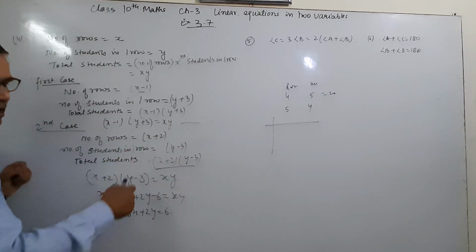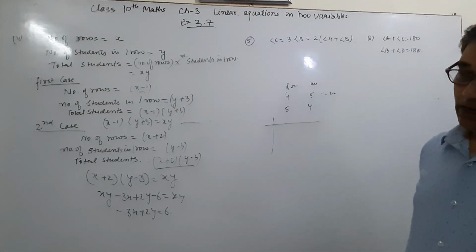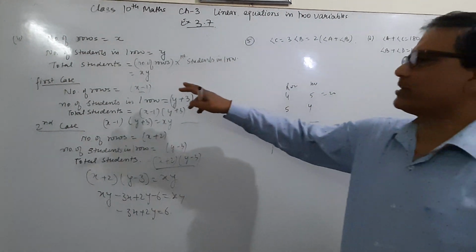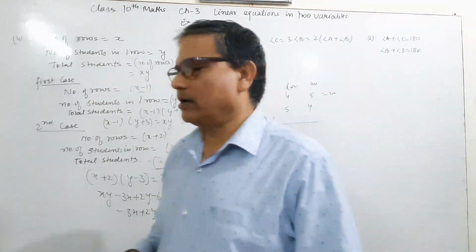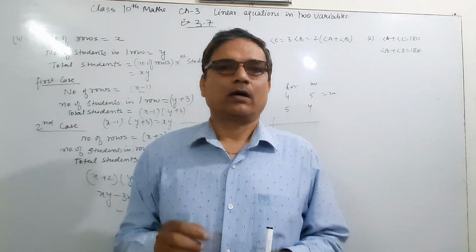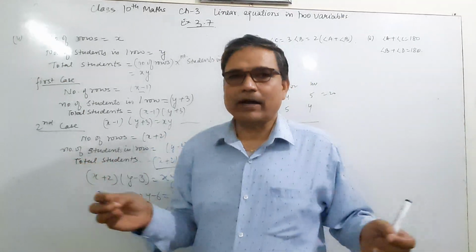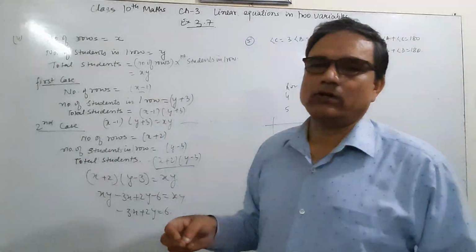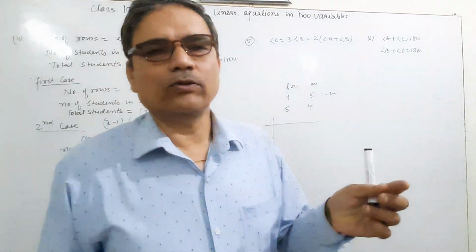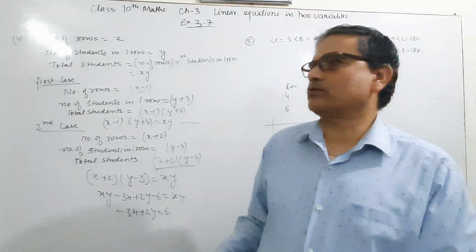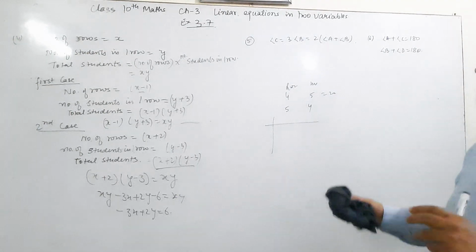This is equation number second, and first you will obtain from this equation. And now solve x and y. After finding the value of x and y, you have to multiply x and y to each other, and then that will be the number of students. Number of rows you will get as x and y as the answer, and you have to multiply x and y. It is your answer. जो आपकी x की वैल्यू आएगी, जो आपकी y की वैल्यू आएगी, दोनों को मल्टीप्लाई कर देंगे तो क्या होगा? टोटल नंबर ऑफ स्टूडेंट. Because number of rows is x, number of students in one row is y.